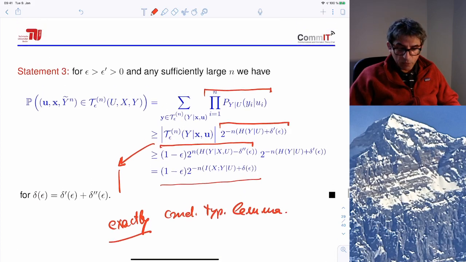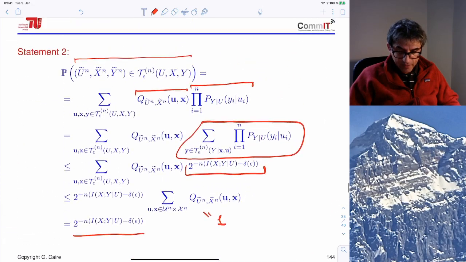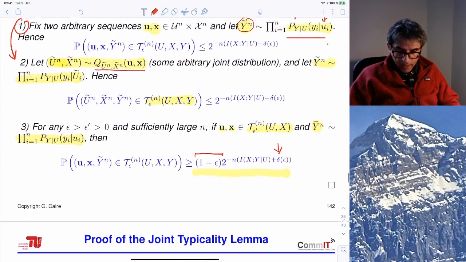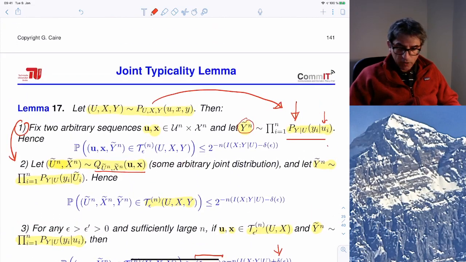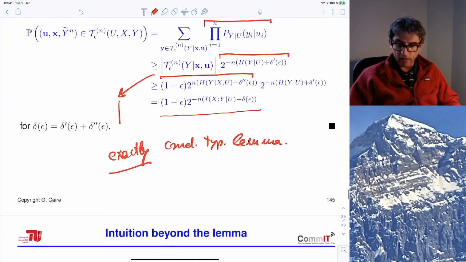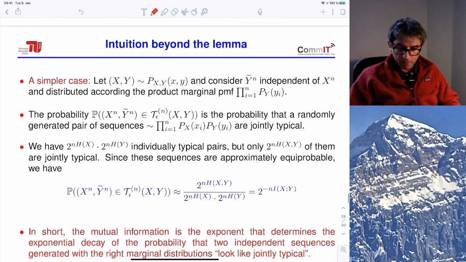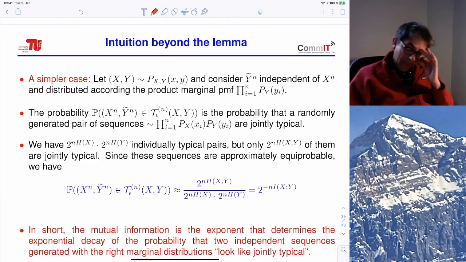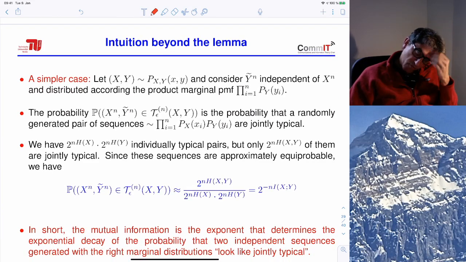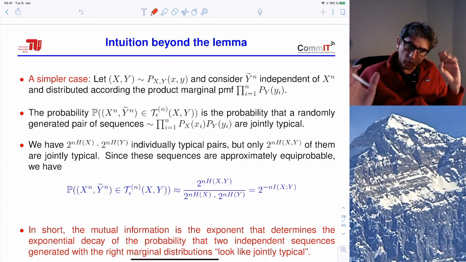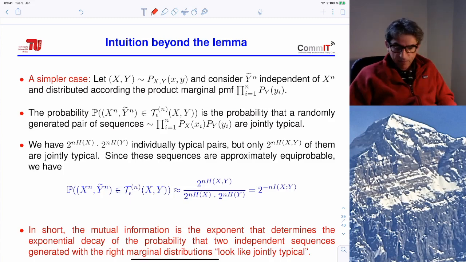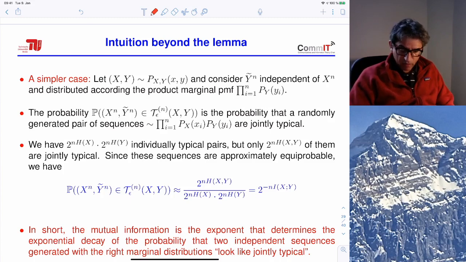Okay, so this proves the third statement, and now, armed with this joint typicality lemma, we can prove the final two important lemmas. But before this, let me give you an intuition behind this lemma. So now forget about the conditioning on u. Say we have only two random variables, and basically this lemma says the following: if I have a joint probability mass function for two random variables x and y that defines a jointly typical set, and then I